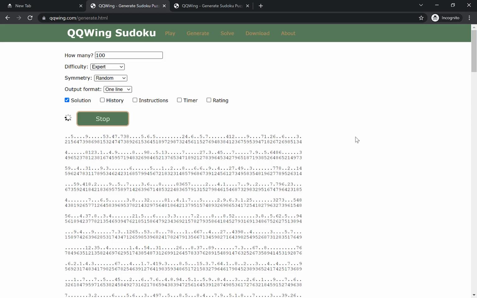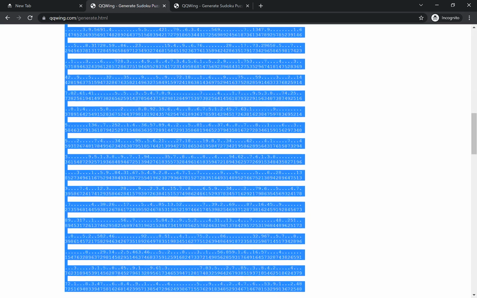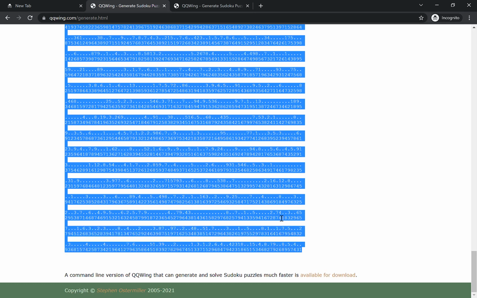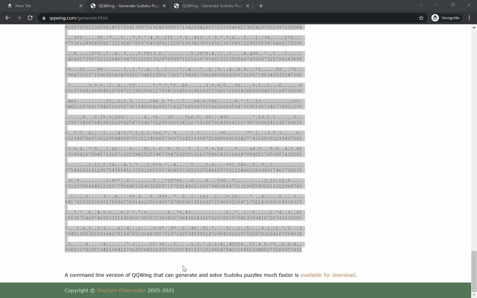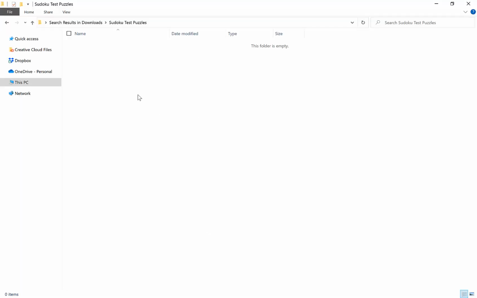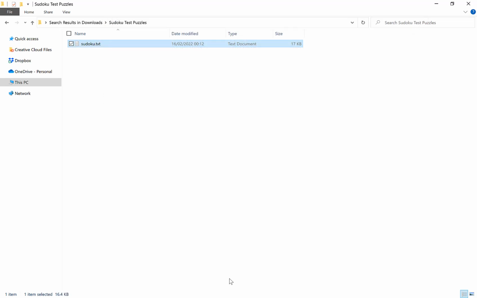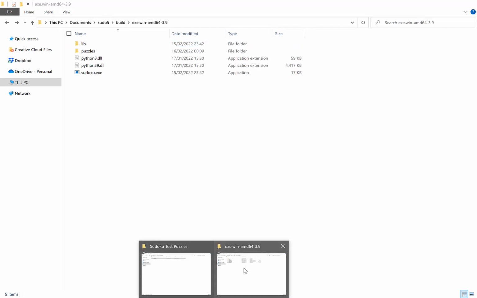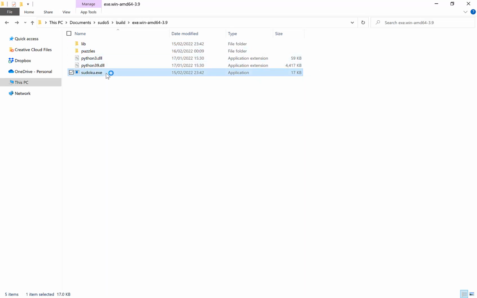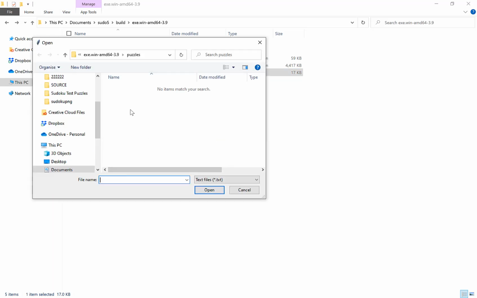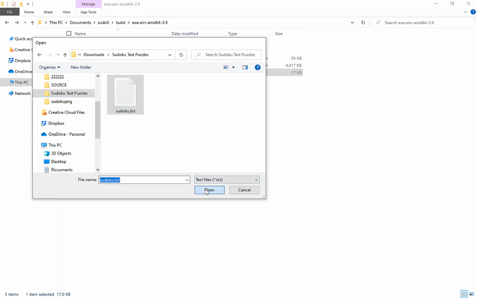So just wait for them to finish, and then what we do is simply copy all of them, and then we open a folder, create a text file, just call it Sudoku, and then in this text file, paste our puzzles, save, close that, and then we go back to our extracted program earlier, run sudoku.exe, and then choose our text file that we saved earlier, click open,